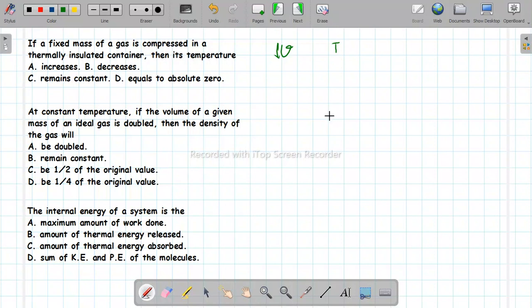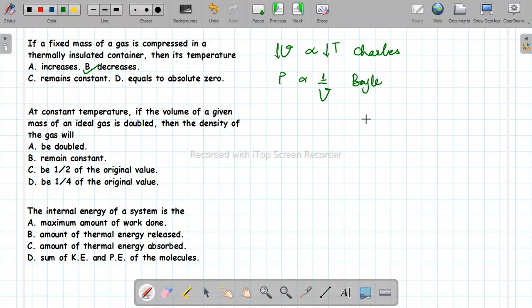Yes, we have studied Charles' law, which states that volume of a gas is directly proportional to temperature given that pressure and mass remain constant, right? So this makes us conclude that if volume is decreasing, then temperature must also decrease. This is the statement for Charles' law. Besides that, in Boyle's law we see that pressure and volume are inversely related given that the temperature and the